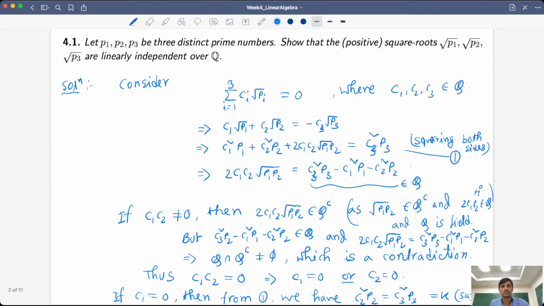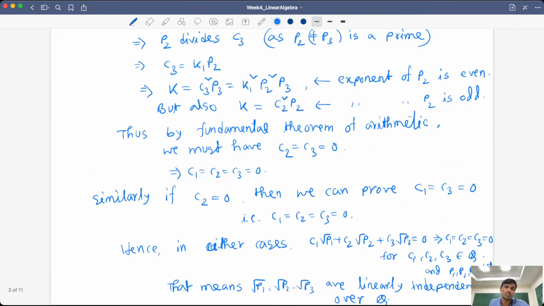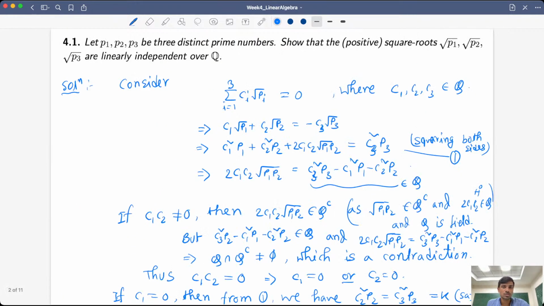So it is exactly like just following the irrationality argument. First we deduce that at least one of them is 0 by using the irrationality of root P1 P2, and then again use the fundamental theorem of arithmetic to conclude that the other two also must be 0 if either of them is 0. Okay, so a similar question you will find in the assignment which you need to submit. Okay, so hope this is fine. If anyone has any question,